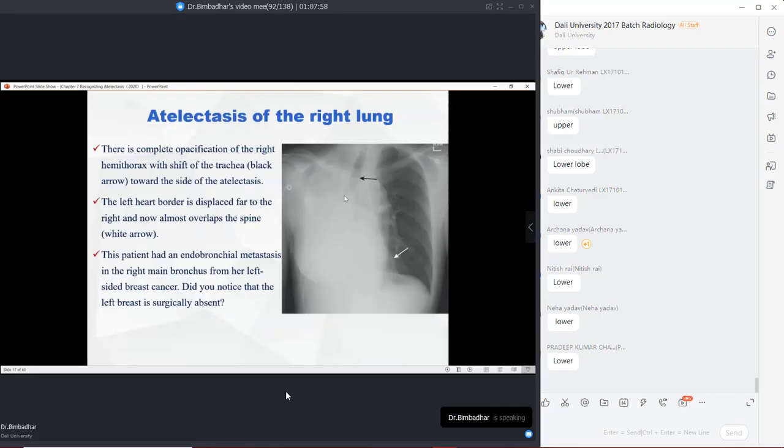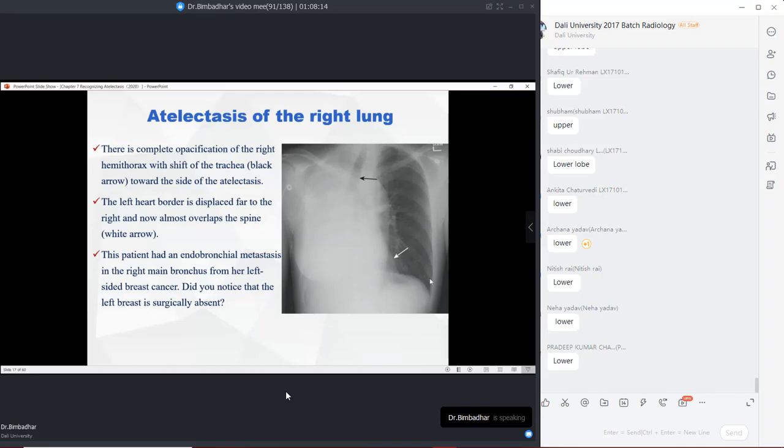So the right main bronchus is completely stopped here. So endobronchial metastasis is there in the right main bronchus from the left-sided breast cancer. You can also see here the right breast shadow is well demarcated, but the left breast shadow is not present